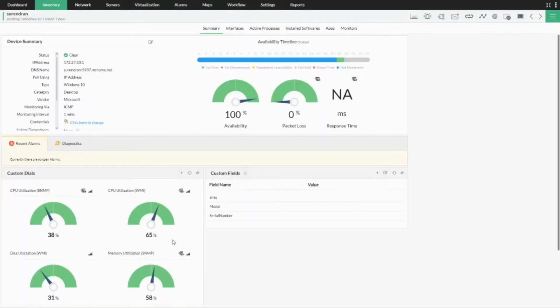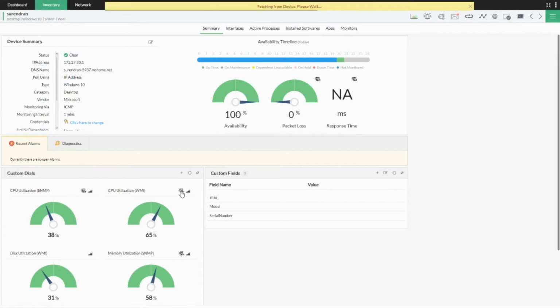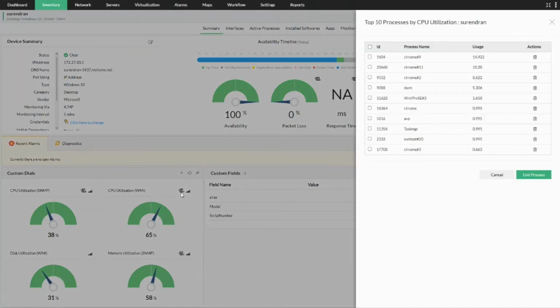And let's say I'm seeing a process which is consuming too much CPU and memory, and it's not a critical process, and this is consuming too many resources on my end device. So in those cases, how can I terminate it, or how can I stop it from OpManager? It's pretty simple and straightforward. All you have to do is click on process diagnostics, and once you click on that, this will immediately contact the device and show you all the active processes which are running on the server and their actual consumption.